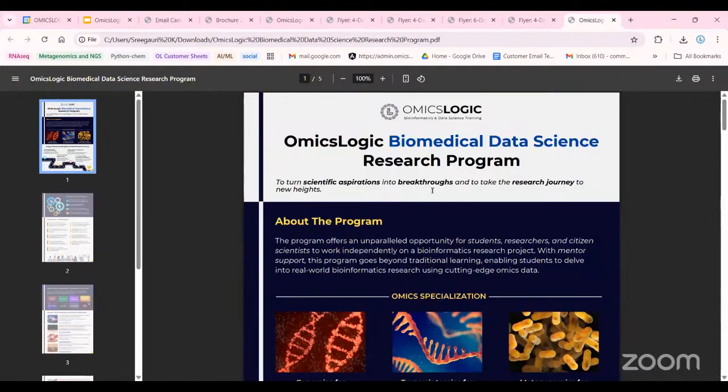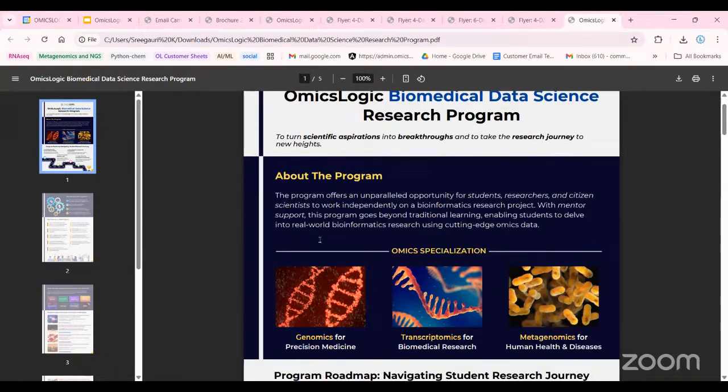Now, if you're someone who is interested to work on a research project under the guidance of a mentor, this is a separate program that we offer. So here you'll be working under the guidance of a mentor on a proposed research topic, or you can also join any of the ongoing research projects that we have. And it will initially include a basic level of training on one of these topics. It could be genomics, transcriptomics, metagenomics, depending on your area of choice. And finally, you will be working with the mentor through live classes.